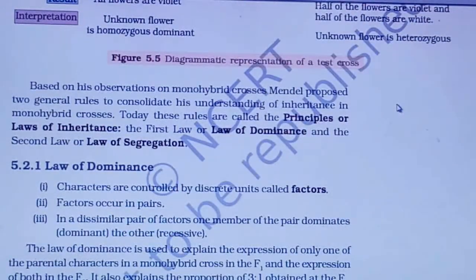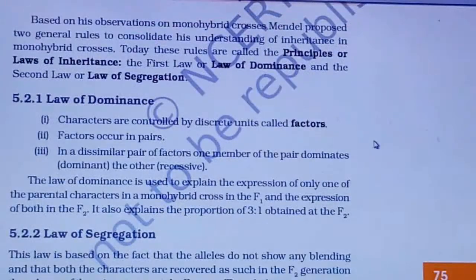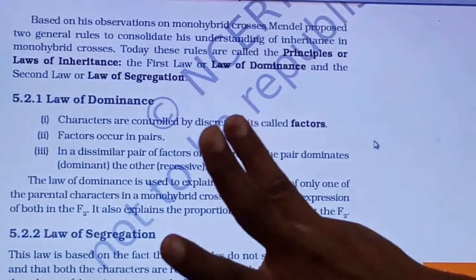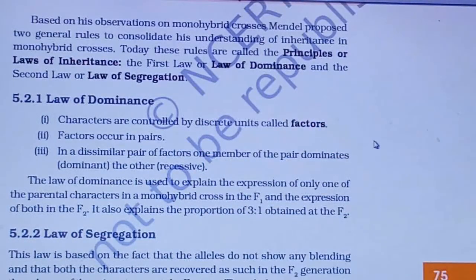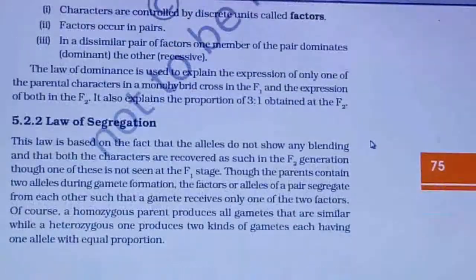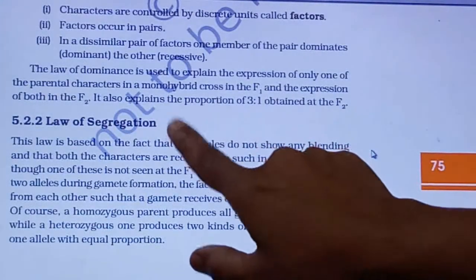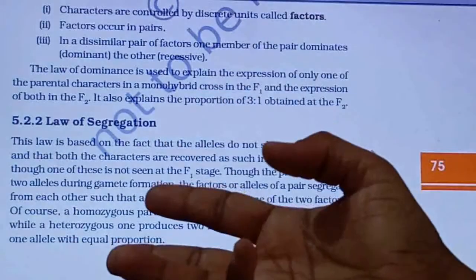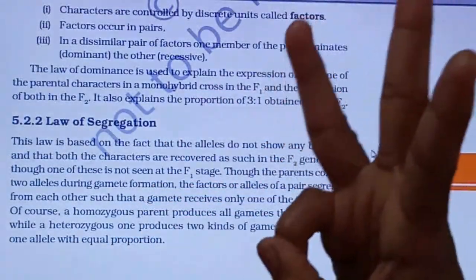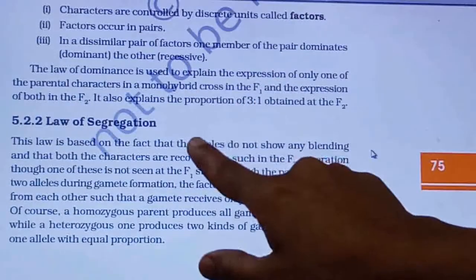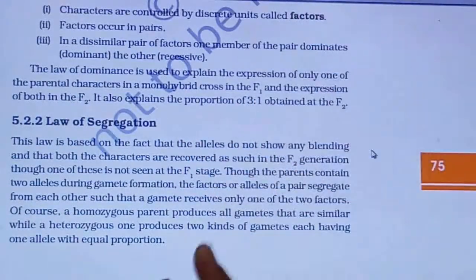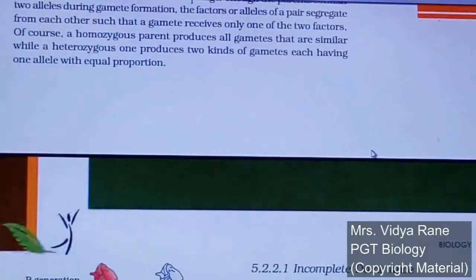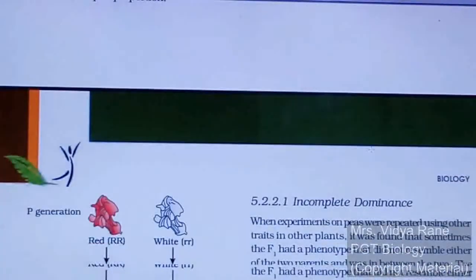You can explain the law of dominance with a monohybrid cross. So the law of dominance with an example will be asked for 3 marks. So this is again IMP. I said the law of segregation will also be asked. Yes, the law of segregation will be asked for 2 marks, or the explanation with an example will be asked for 3 marks. You can explain the law of segregation with a monohybrid cross, and you can even explain it much better with the dihybrid cross.